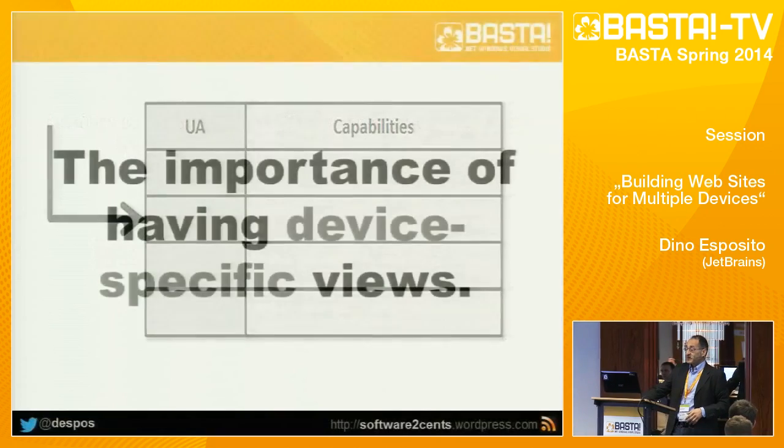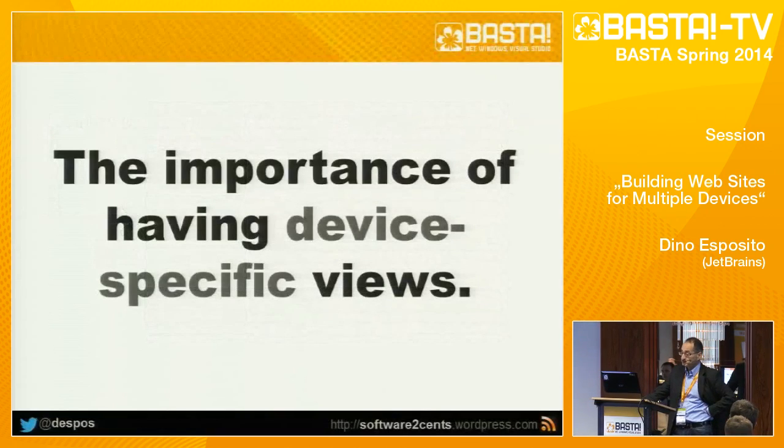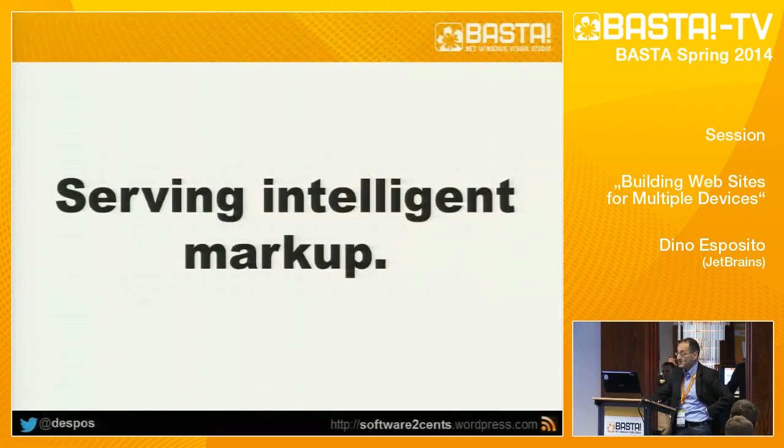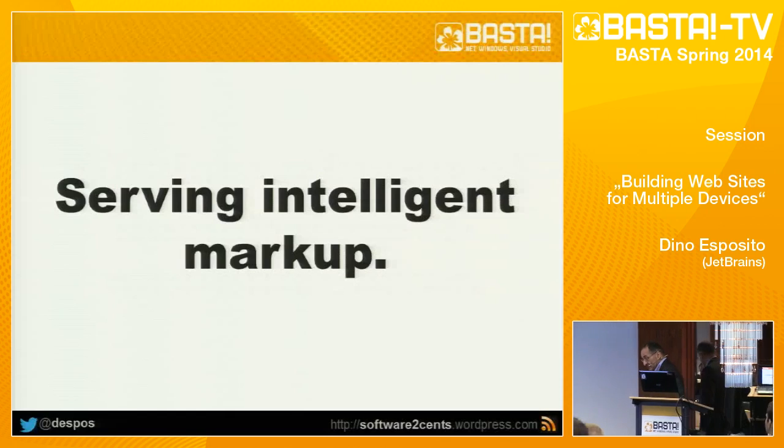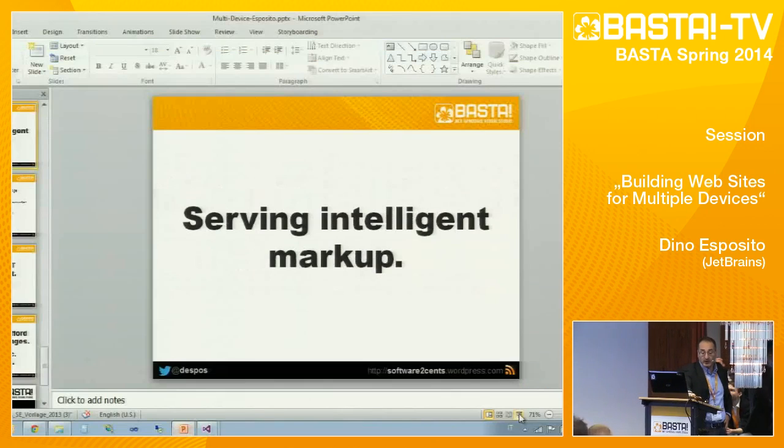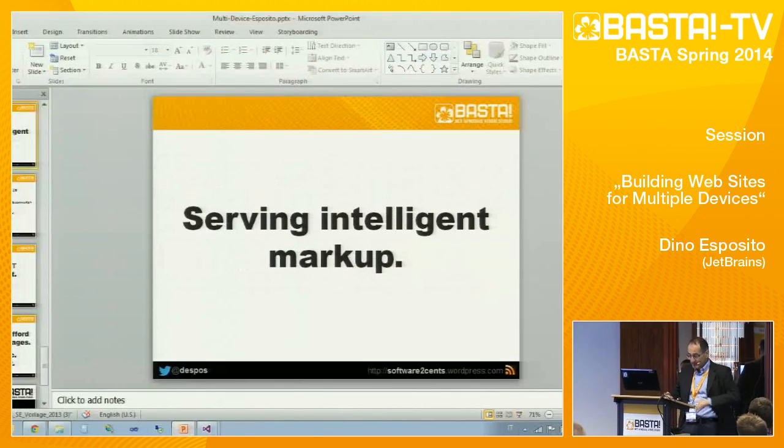So it's all about user agent strings and the ability to serve intelligent markup. Okay, now,